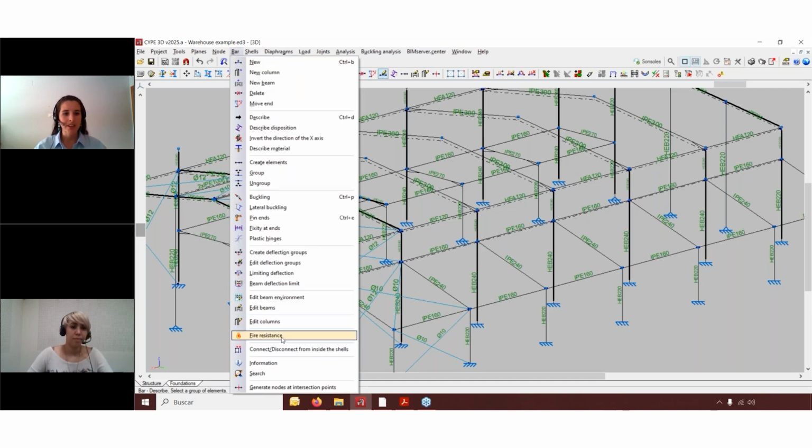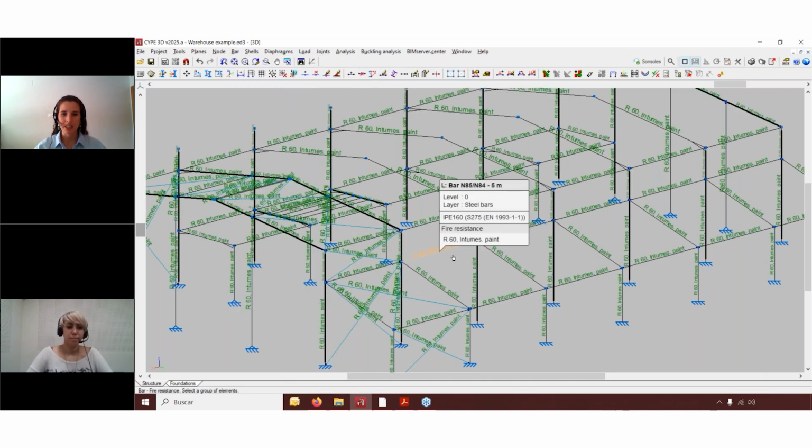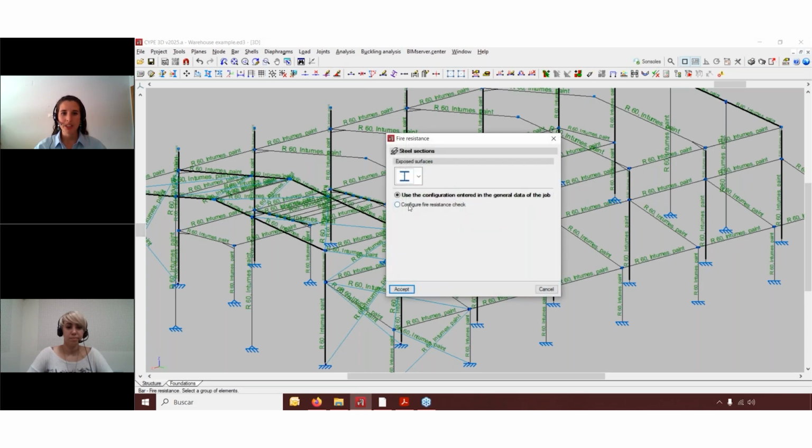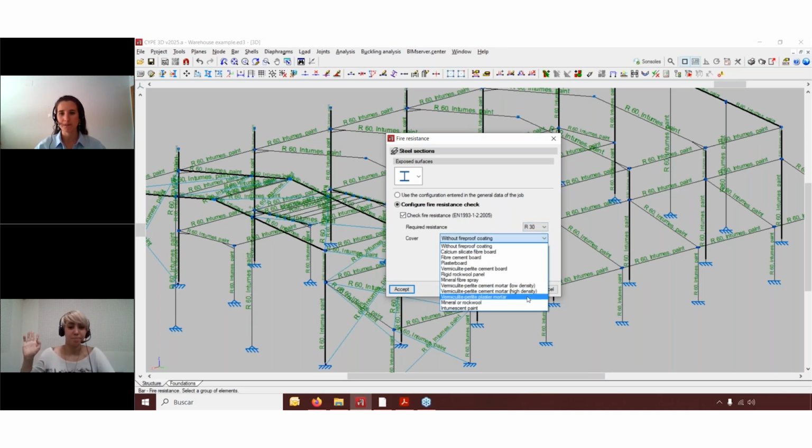So if I click on bar and fire resistance, for example, on this bar, you can of course apply the general resistance for the job, or you can tell it that for this bar or this zone in the structure, you actually want to analyze another required resistance, okay? And we also cover